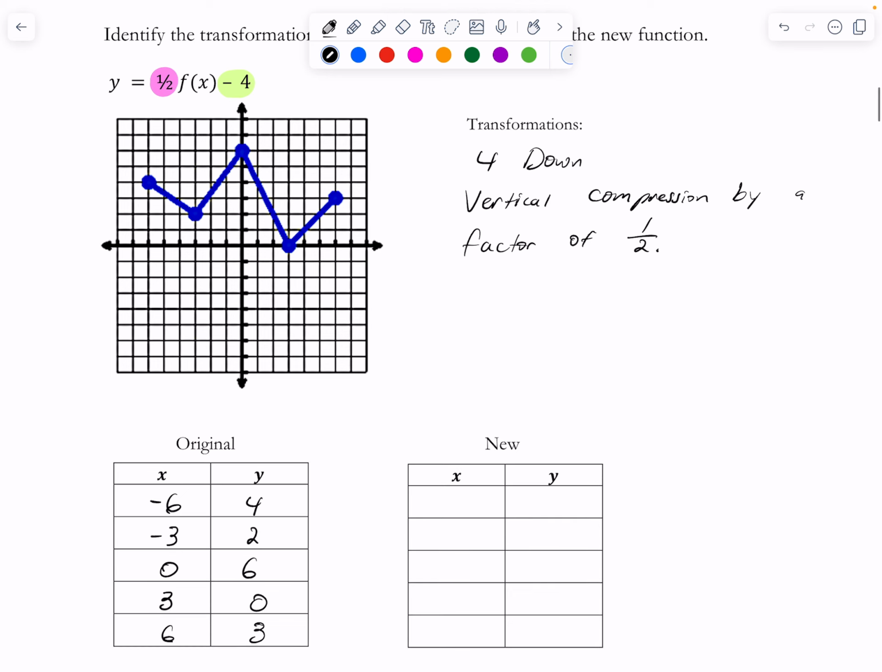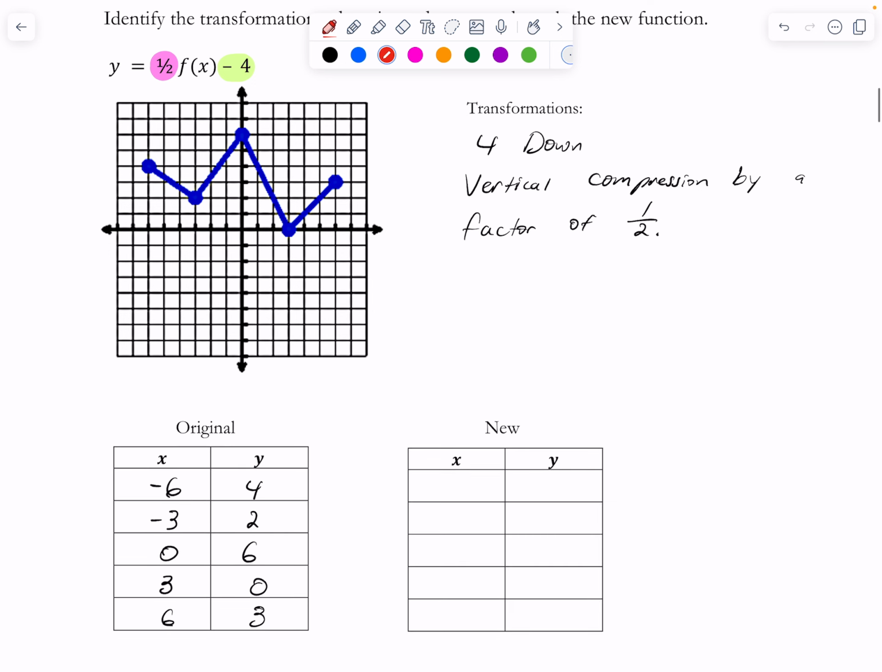Okay, so let's write down what this is going to do to the different values. So we're actually not going to change the x. There's nothing happening inside the parentheses with this function, so this is going to be the same. But we are going to have new y values. We're going to divide them by 2 or multiply them by 1/2 and then subtract 4. That'll take care of both of those transformations. So copy down the same x values,